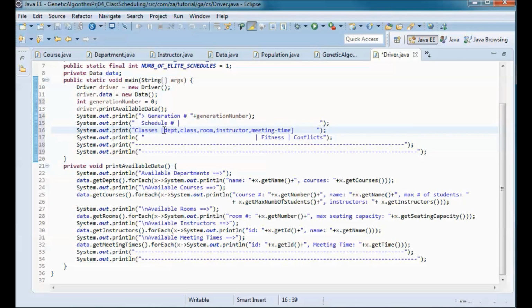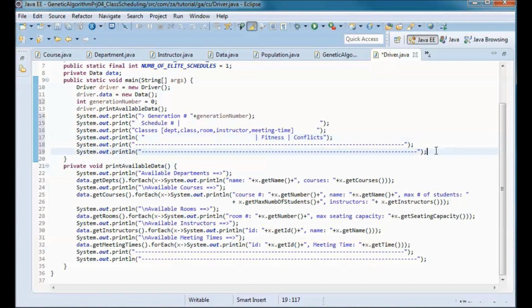For each class I would print the department, the class, the room, and the instructor, and the meeting time. And I will also print the fitness for each schedule and the number of conflicts.